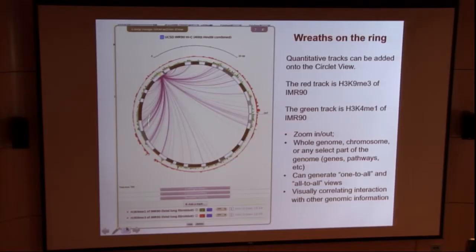In addition, this shows this location is interacting with all the other locations on this chromosome. And on top of that, we can now decorate this circlet with genomic data, RNA expression data or histone modification data, DNA methylation data, allowing you to get a full picture of the data and also allowing you to jump in and zoom in to specific parts and look at the interaction and then look at the epigenomic data.